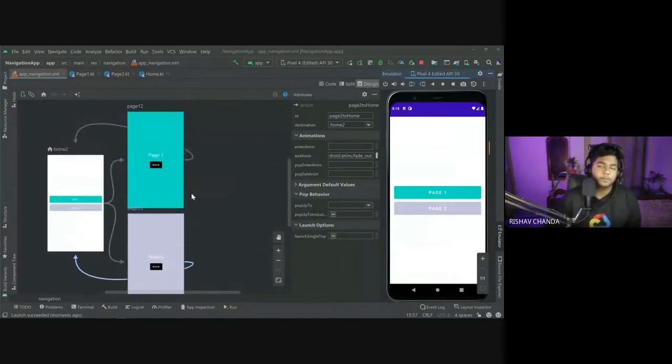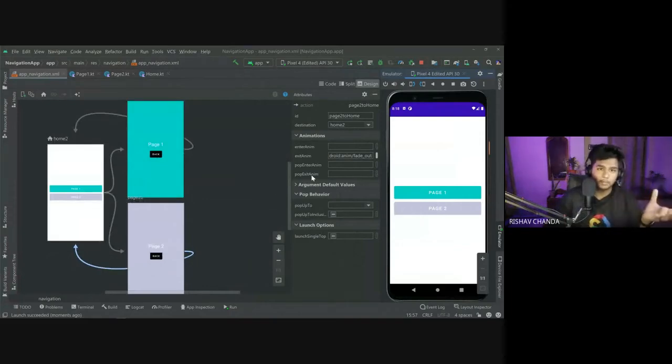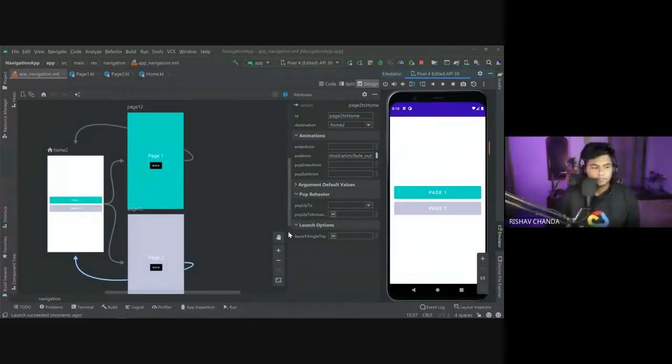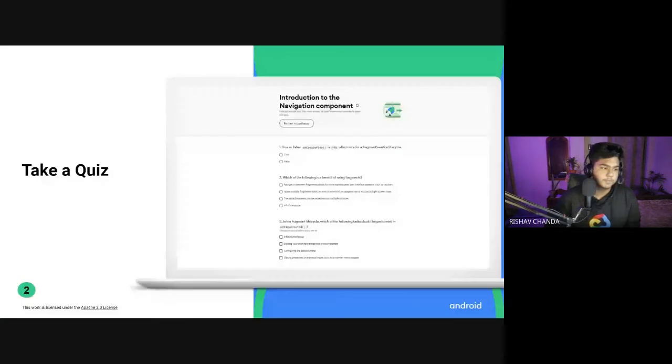Now if any one of you is having any error, any problem, you can tell. So if no one is having any error, your task is to go to the course section, see what they are trying to tell you, what apps they are telling you, and after reading those, take the quiz for this one, introduction to navigation component. Once you take this quiz, you would earn a badge if you do things correctly, right?